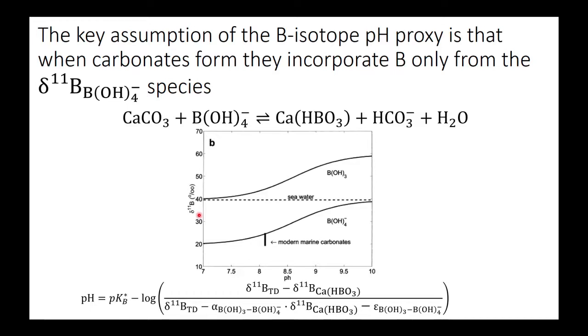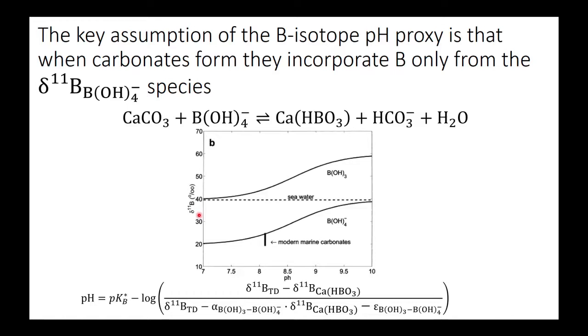Now, unfortunately, the borate ion doesn't get preserved in sediments, because it's an ion in aqueous solution. The thing that gets preserved is when that boron gets incorporated into calcium carbonate. It gets incorporated into a mineral. So, fortunately for the proxy,